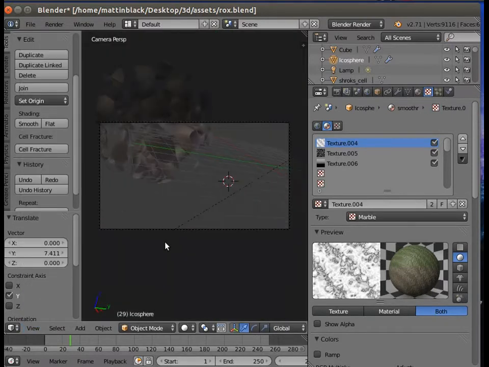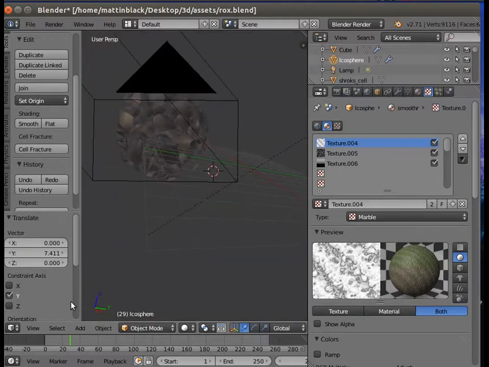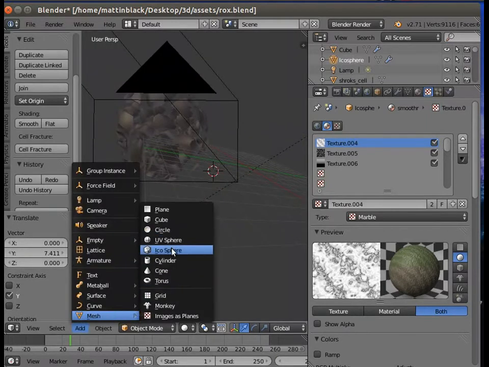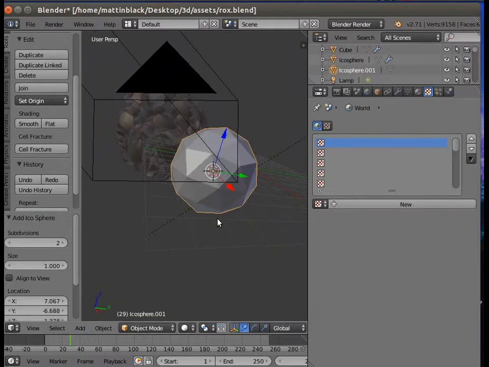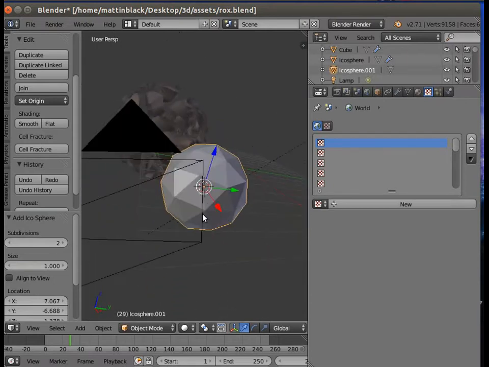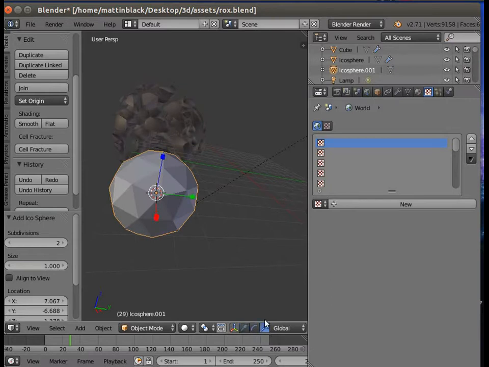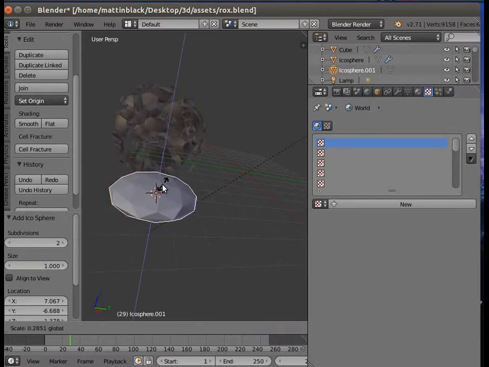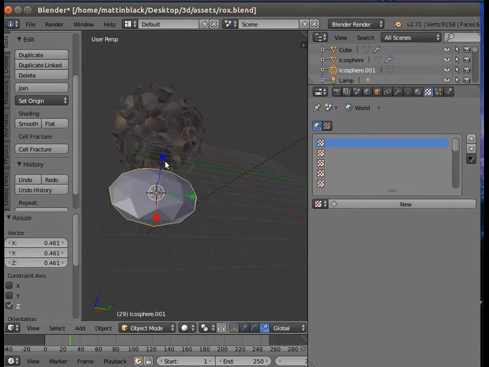Go back to camera view for a second. Right, add mesh icosphere. It's a regular icosphere with only the two divisions that you can see. You can have more if you wish. I often find it a waste of time. Now that previous rock that I had was a flattened rock. It was flattened, and the way that I did that is, before I did anything else, I scaled it like that. Now this rock I want to be totally different,